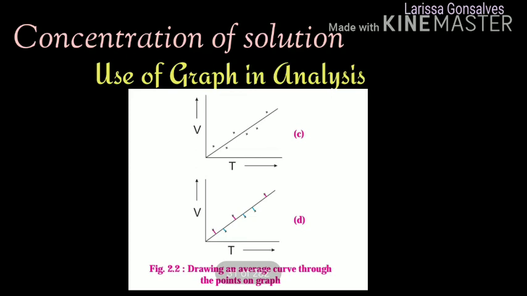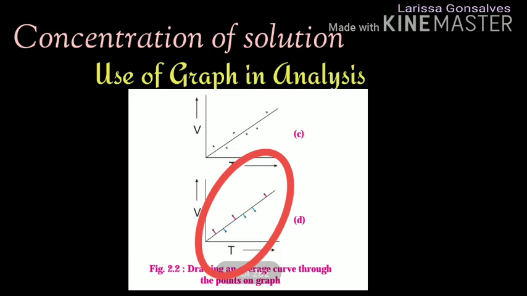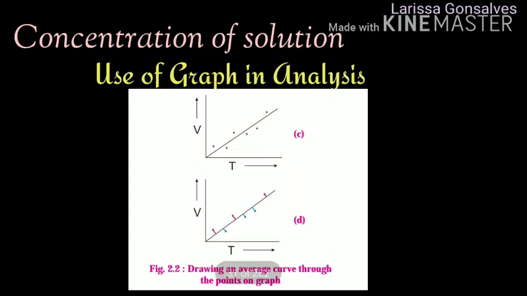When you obtain a smooth curve, care should be taken that the plotted points are evenly distributed. Mathematically, even distribution is done as follows. So if you observe this graph here, from each point draw a perpendicular to the curve. The perpendicular represents the deviation of each point from the curve. The positive deviations here are marked in red and negative deviations are shown in blue.